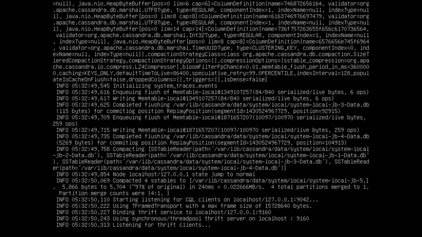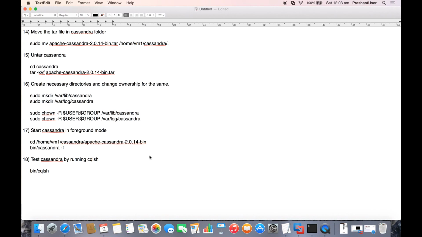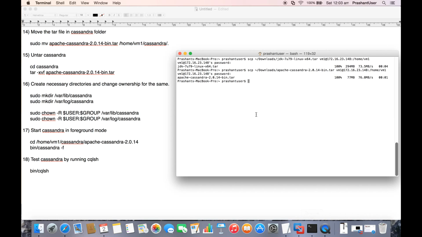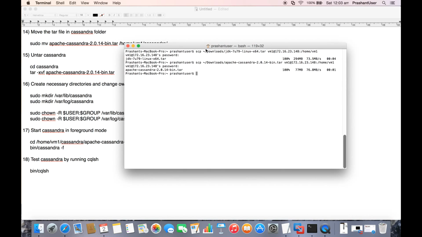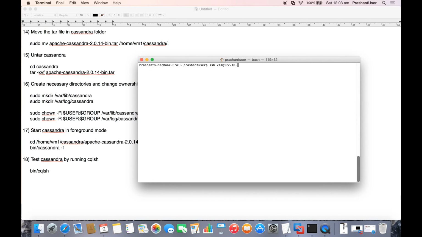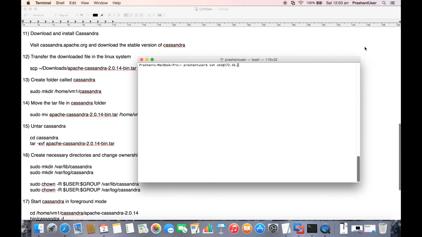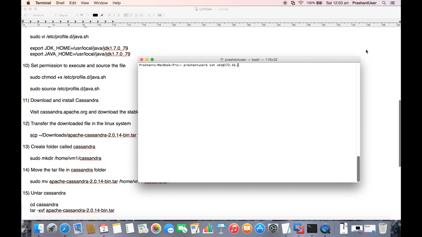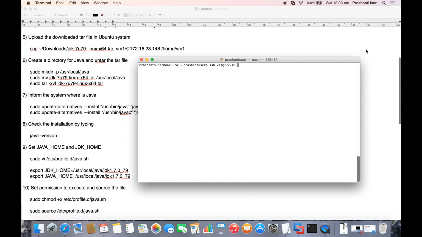So I'll just show you the cql-sh now. So I'll just do a correction here. It's still 1.4. Now here in the terminal, I'll just connect myself to the Linux machine. So to connect to myself, I'll say ssh vm1@172.16. What's the IP? I always forget the IPs, no problem. I'll just scroll up. Yeah, here it is,